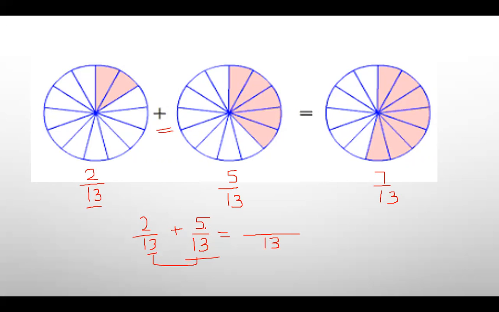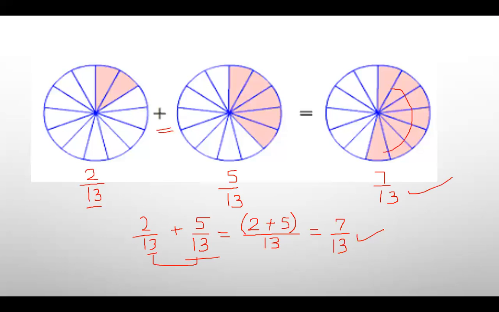So what we have to do, we have to add the numerators, that is 2 plus 5. I am adding 2 plus 5 together and keeping the denominator the same, that is 13, as before. Then we add the numerators: 2 plus 5 is 7. Then it will come 7 by 13. As you can see in the given figure also, a total of 7 parts have been painted, and the answer is 7 by 13 only. In this way, we have to represent the fractions.